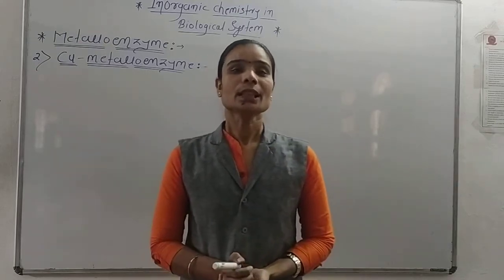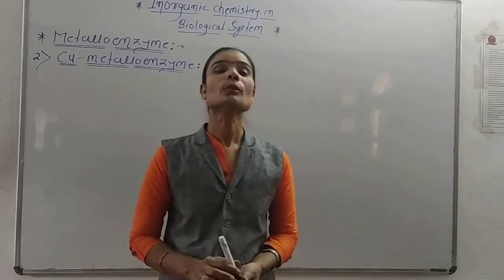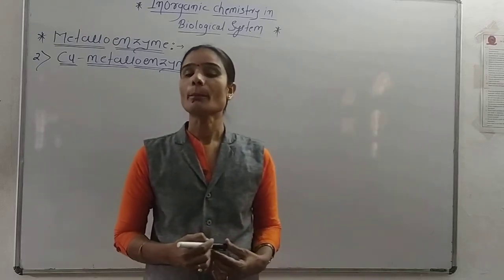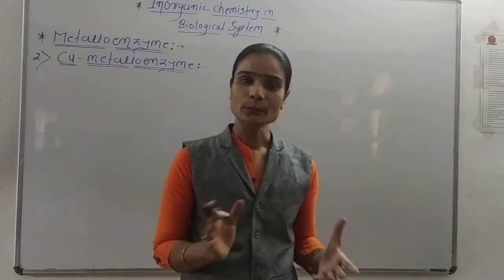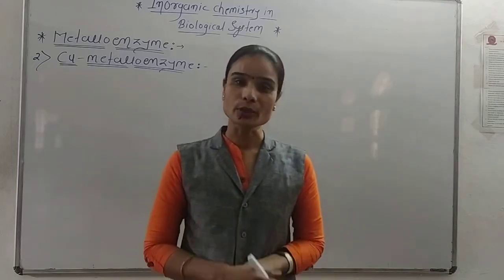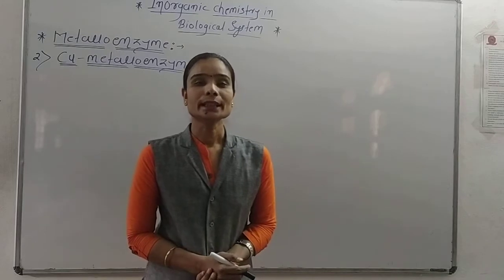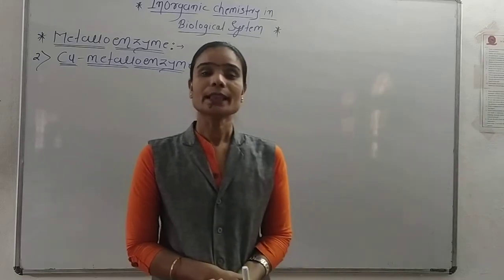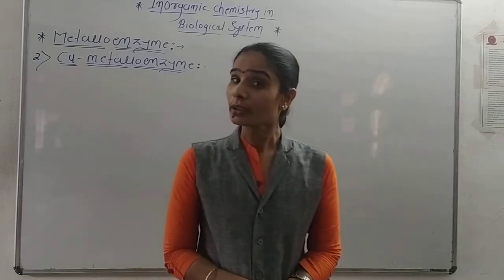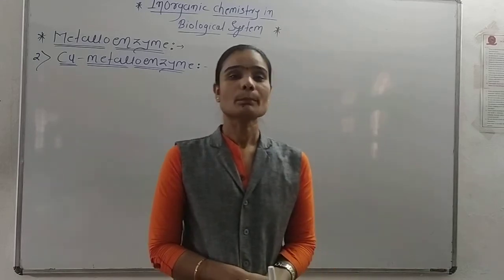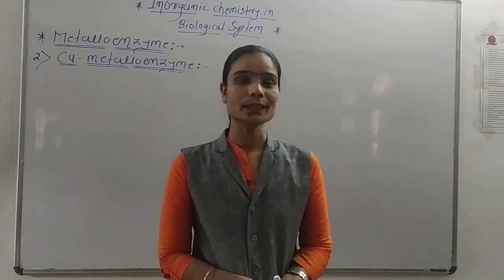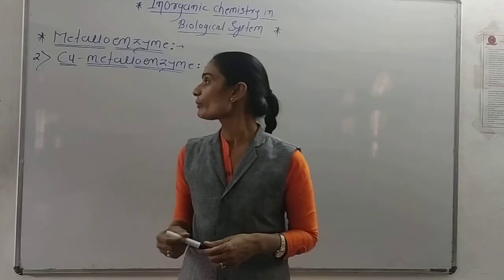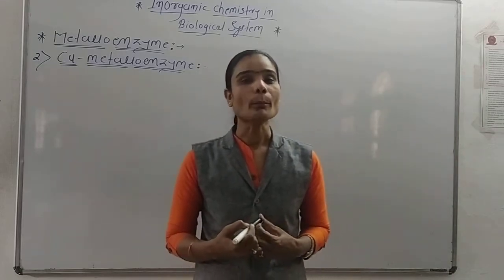In the last lecture we saw the function and information of hemocyanin, which is the blue copper protein in which a pair of copper is present, and that pair of copper is attached to the oxygen molecule. Hemocyanin may be oxyhemocyanin or deoxyhemocyanin. In oxyhemocyanin copper has the +2 oxidation state, so it is blue in color, and in deoxyhemocyanin the oxidation state of copper is +1, so it is colorless. Now today we are going to see the remaining two copper metalloenzymes.